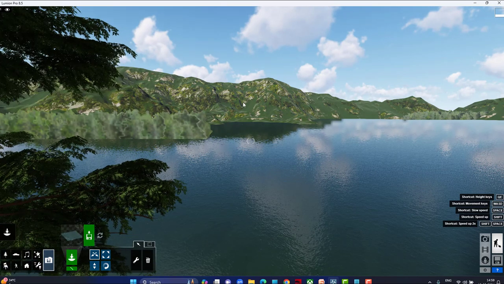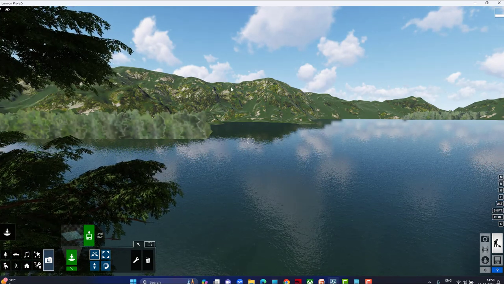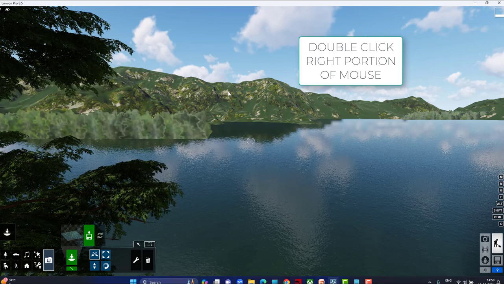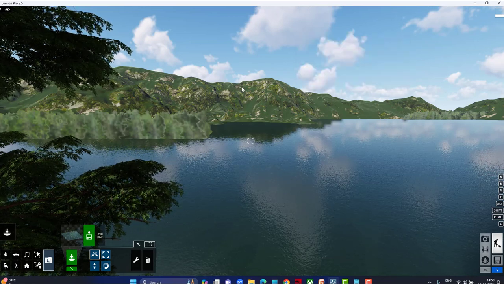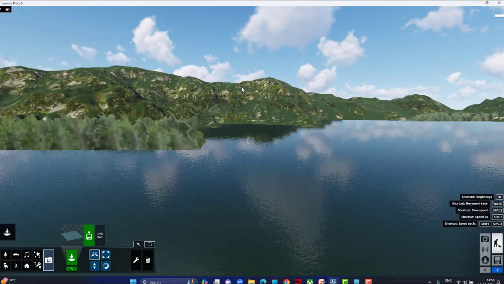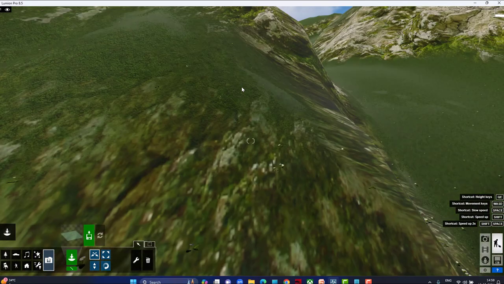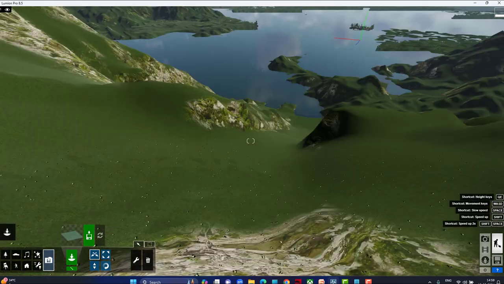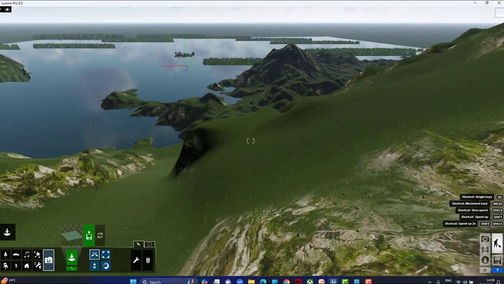With a single action, if you want to go to the mountain view, just double click the right mouse button. You have to double click like this to move, and then hold the scroll button to stop it.